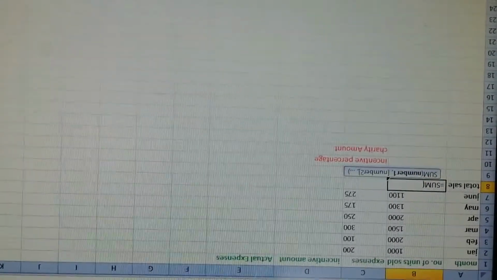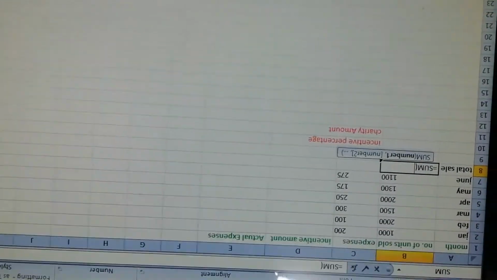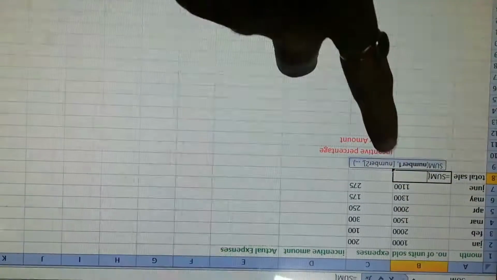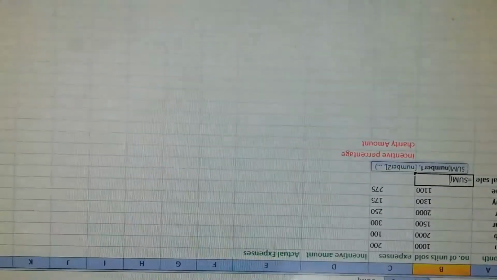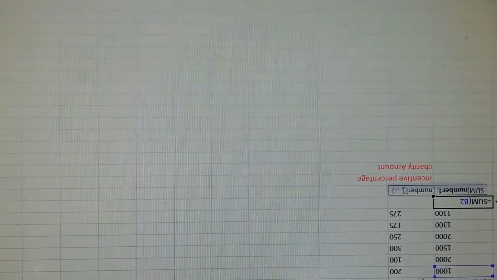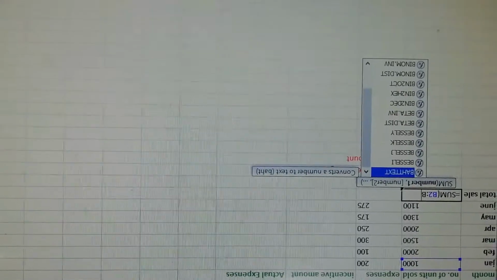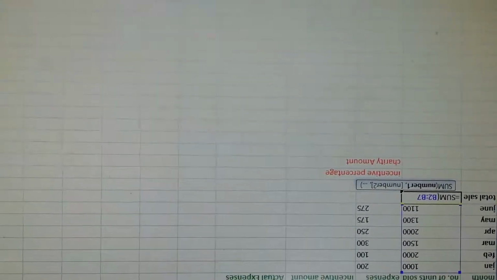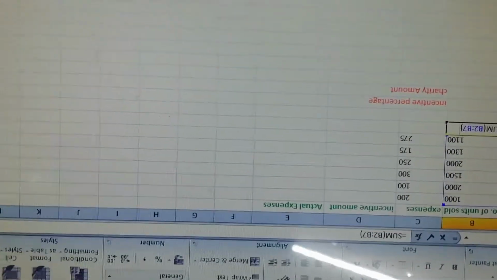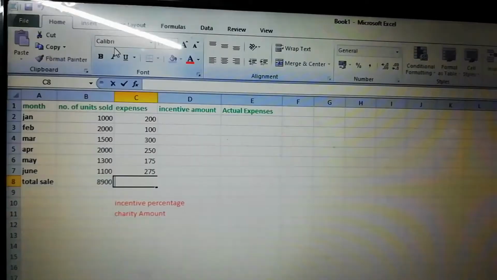So what is the range? 1000 to 1100. So B2 colon B7. If you have seen, in the formula bar we have the same formula. This is your formula bar.